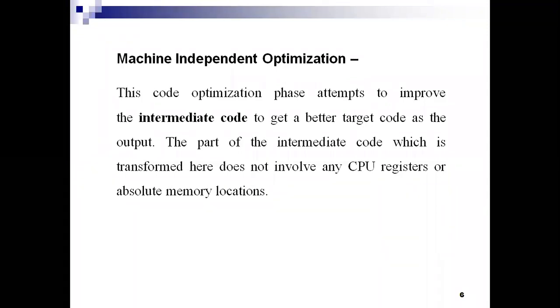And the next thing is, we need to perform some computations. And how are we performing the computations in machine independent optimization? We are moving two or more identical computations to one place and making use of the result, instead of computing the expression each time. What it means is, I'm giving an example here. x is equal to y of z. The computation of y of z is stored in x, right?